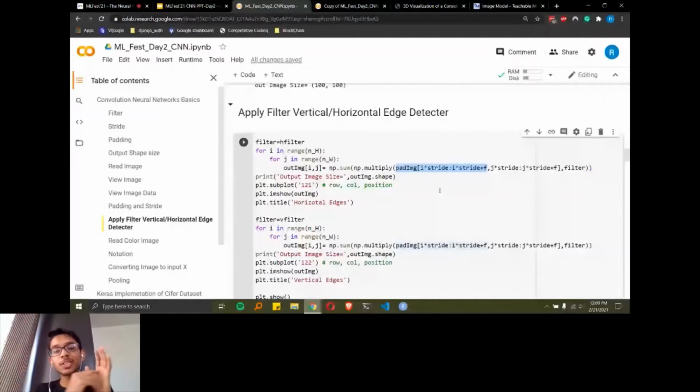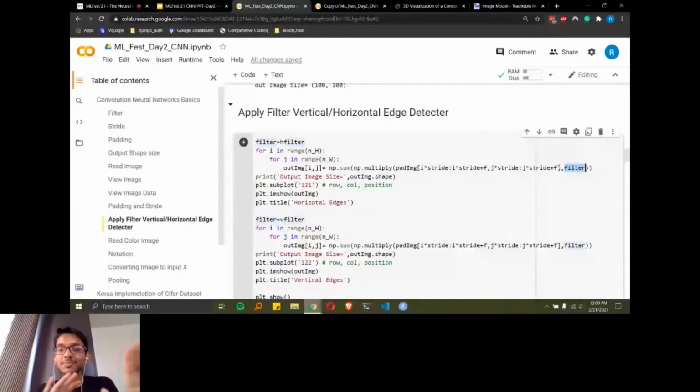So we give the height and the width of that particular image section we have to concentrate on. That is what we are doing in this line of code, and this is the filter. So a 3 by 3 matrix is multiplied with a 3 by 3 matrix, and we are summing it up and modifying the output image's pixel values, which are indicated by the height and width of that image.